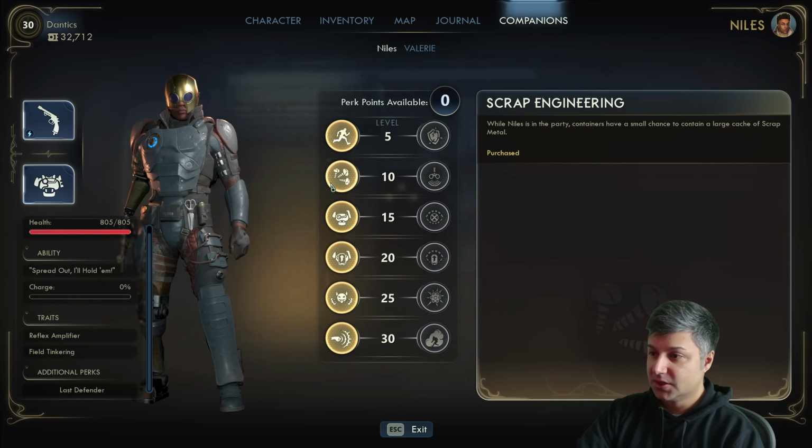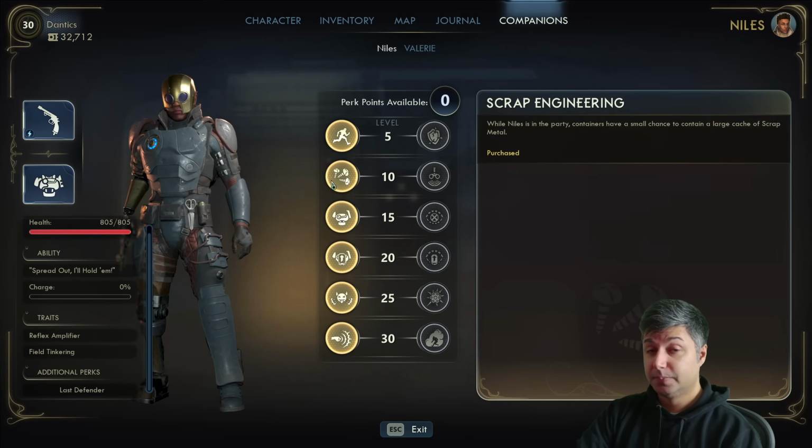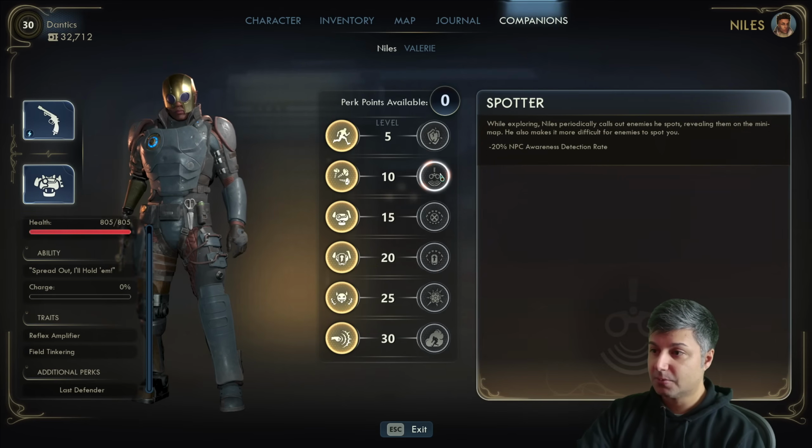Then we have scrap engineering. While Niles is in the party, containers have a small chance to contain a large cache of scrap metal. This was very useful in my playthrough because I use scrap metal for almost everything in crafting, from ammo to grenades. So you pick this for every other build but a sneaky one, because with a sneaky one, you get this,